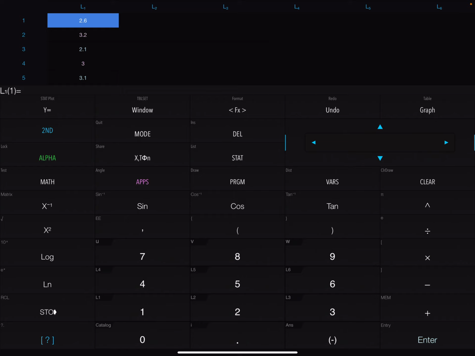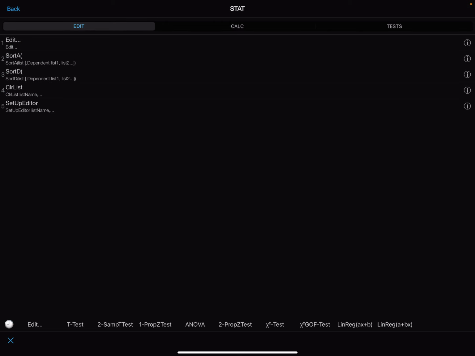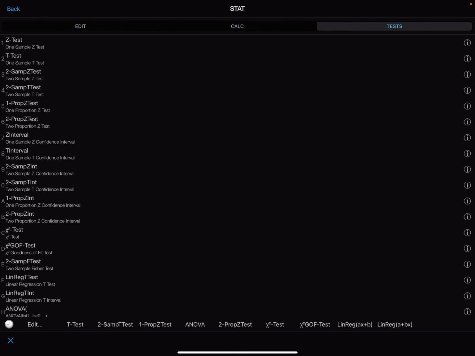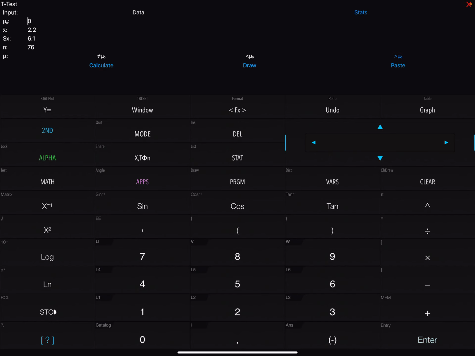Okay, so again, back to stat. But instead of edit being highlighted, we're going to go to tests, okay? And we're going to highlight t-test, okay? And we are not given stats, we're given data, so let's highlight data, okay? So our null hypothesis is that mu is equal to 3.5, so we got to enter that in there. And the list, okay, if that's fine, we got the list, that's L1, okay, so we're going to use what we've just entered. And then finally, we need to tell the calculator, frequency, we just leave it as 1 if